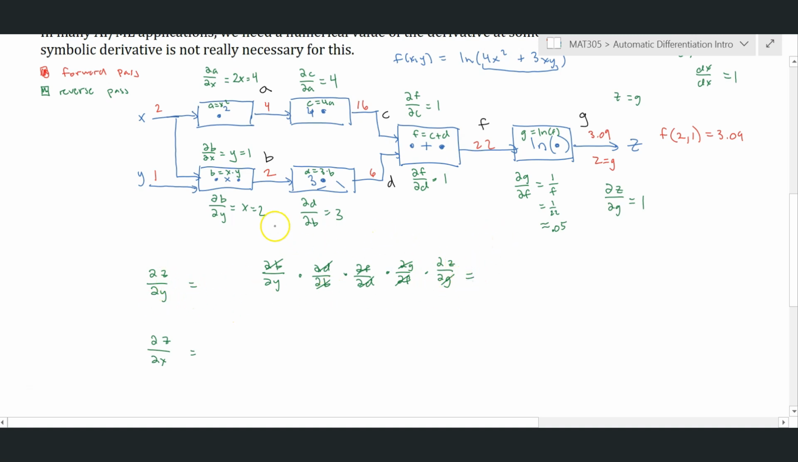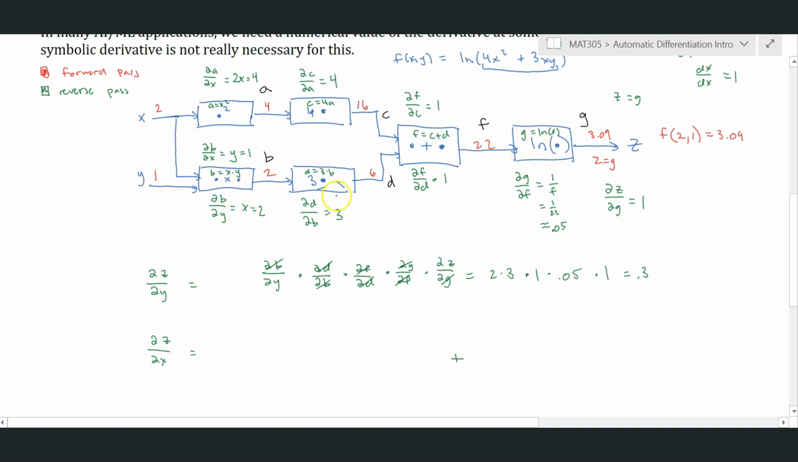So all we have to do now is just multiply these together. So we'll have 2 times 3, dd db, times the derivative of f with respect to d, which is 1, times the derivative of g with respect to f, which is about 0.05, times 1. And so we get 6 times 0.05, which is equal to 0.3. All right, so that is the derivative of z with respect to y for the given values of x and y. Now we'll do the same thing for